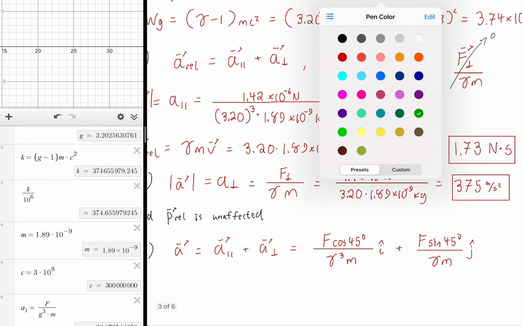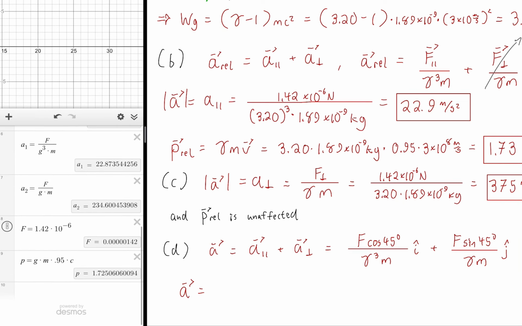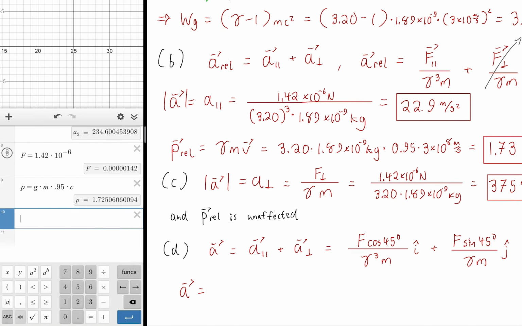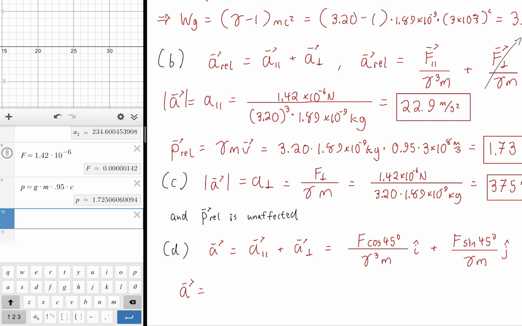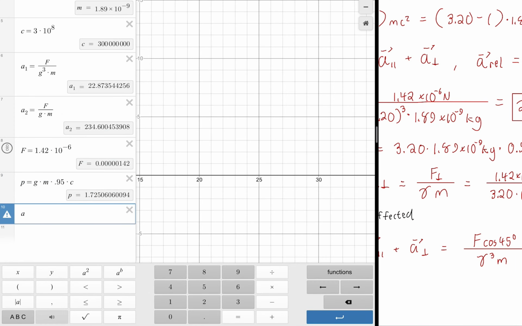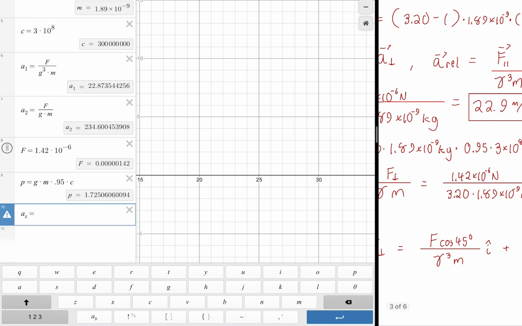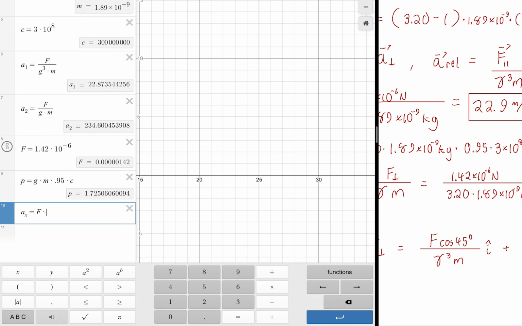Okay, so let's go ahead and get vector notation on this. We'll just calculate both components. So go back over here. As a vector, our acceleration is in x and y components. At this point, I can just call them ax and ay for this particular one. If I wanted to be really thorough, I might call them a3x and a3y to stick with that convention. But this is our last one, so we'll just keep it simple. So ax, that one is going to be F,